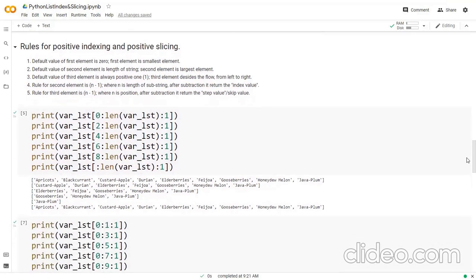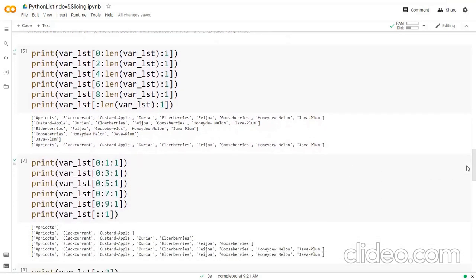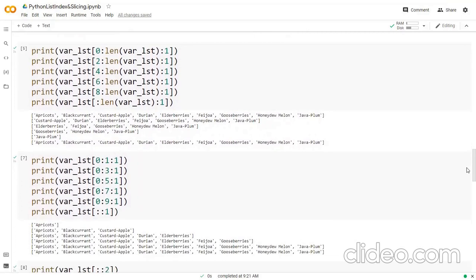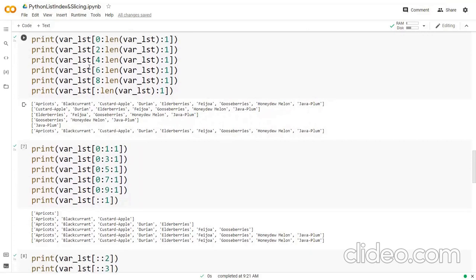So following is the example where I am taking the first element, which for each stage is varying from 0 to 4, 6, 8, and the remaining two are constant, in the sense the default value, and I am getting the following output.